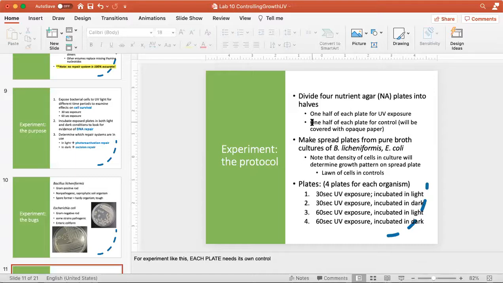And you might say, well, how are you going to do that? It's actually really easy. All you need is a relatively thick piece of paper, because ultraviolet cannot penetrate. It's only capable of penetrating about 2 millimeters. So we just take a piece of paper, you could use an index card, or you could use Bibulous paper, anything you had available. If you just lay it over half of the plate, those cells are protected. They're protected from the UV exposure. So it's kind of easy.